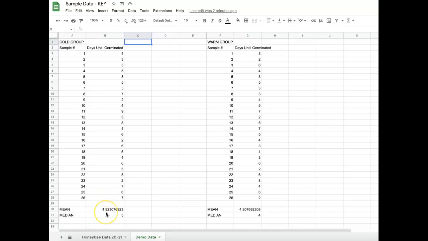Now, if we just look at the means, we say, oh yeah, okay, so it took the warm group less time. But if you notice on individual samples, some are faster, some are slower. So the question we want to know is, overall, is that an actual difference between the two groups? Or if we did this hundreds and hundreds of times, would we actually get means that are pretty similar? So in order to do this, we're going to have to figure out the variance and then the 95%